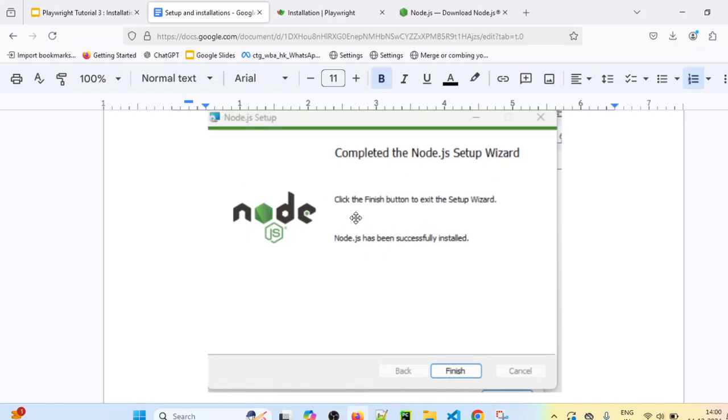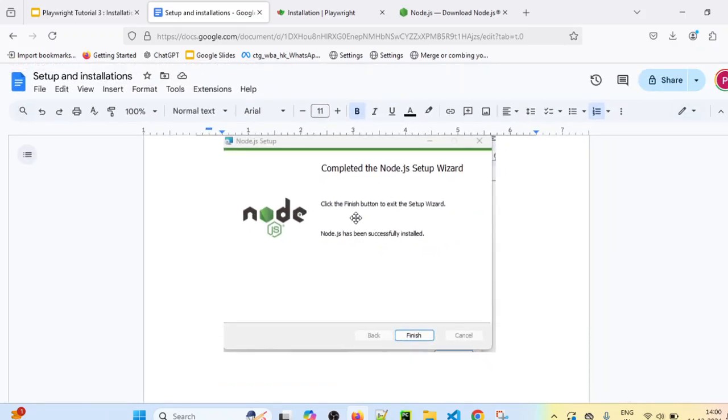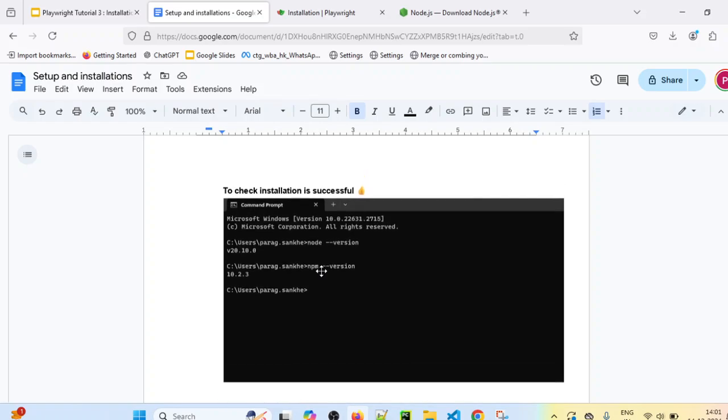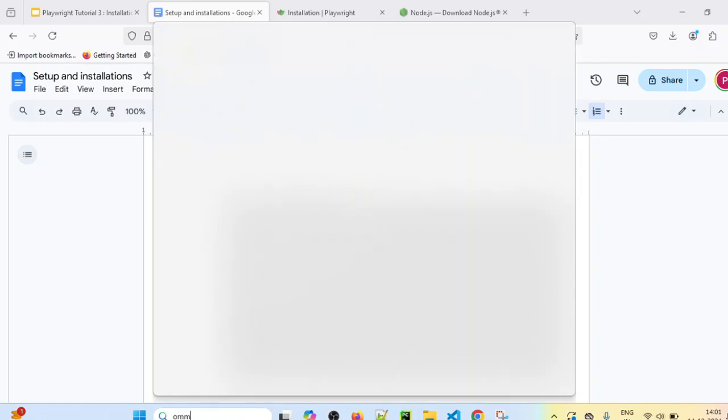You just have to download the Node.js installer, click on it, and install it. Once you install Node.js, to check whether the installation is successful or not, we can use the node -v command, or we can also use the npm -v command. npm is the Node package manager, which can be used to install different types of modules in our projects. In my system, Node.js is already installed. So if I open command prompt,